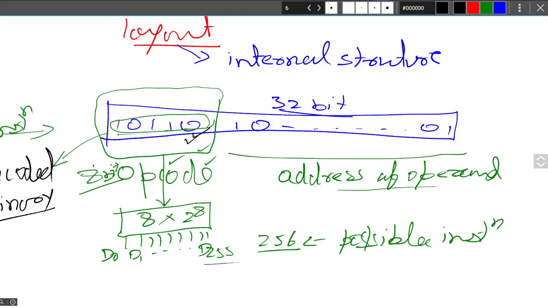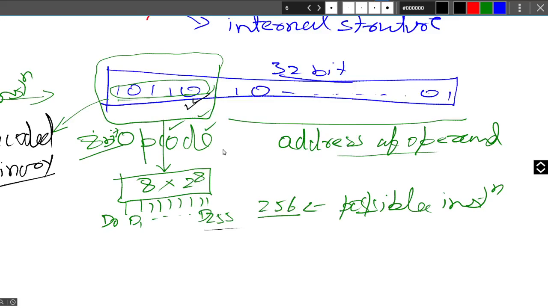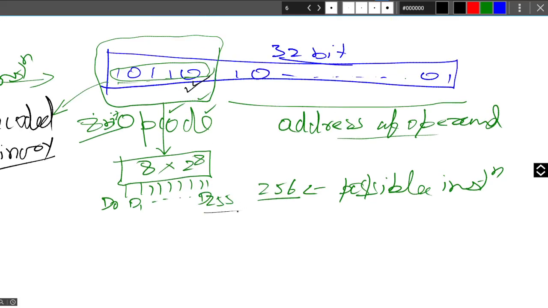Now for D0, D1, D3, if it is 0, 0, 0, 0, 0, all the 8 bits are 0, then D0 will be activated and the rest will not be activated, right? This means this instruction was read and this opcode was decoded, and after decoding, one of the pins will have an enable signal.